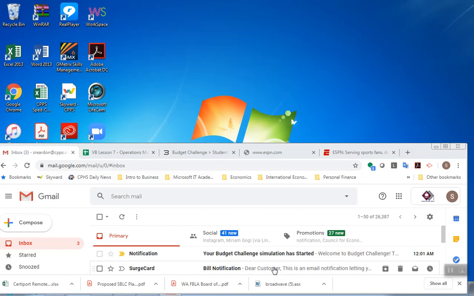Okay, now that the simulation has started, I wanted to give you an orientation on the budget challenge environment and just different things to look for as the simulation begins. And understand, once it starts, it goes for 10 weeks and it doesn't stop for anything, even school shut down from a pandemic. So, for starters, you should be getting email notifications into whatever email address you specified for Budget